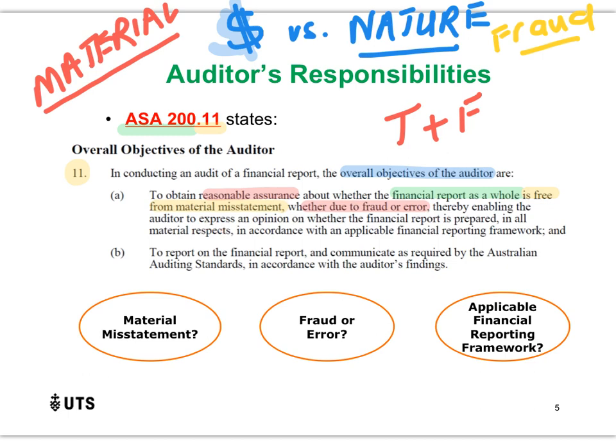That's our audit opinion, express an opinion on whether the financial report is prepared in all, again, material respects. So we're looking at the key information in accordance with an applicable financial reporting framework, and that is your AASBs and the criteria that we use when we conduct the audit. So the key concepts to take on board is we are looking for material misstatements, okay, material. We don't mind if it's a very, very small issue, but we are looking for the material ones.